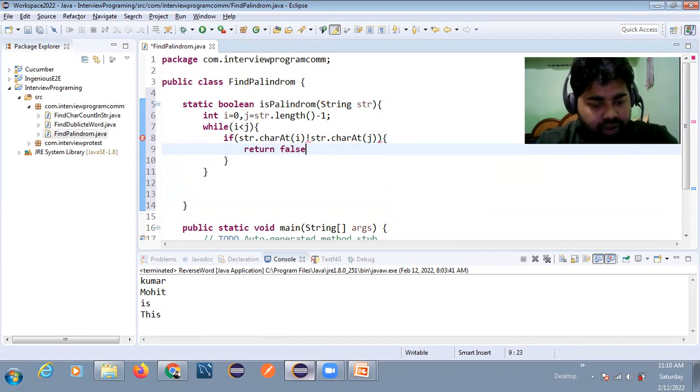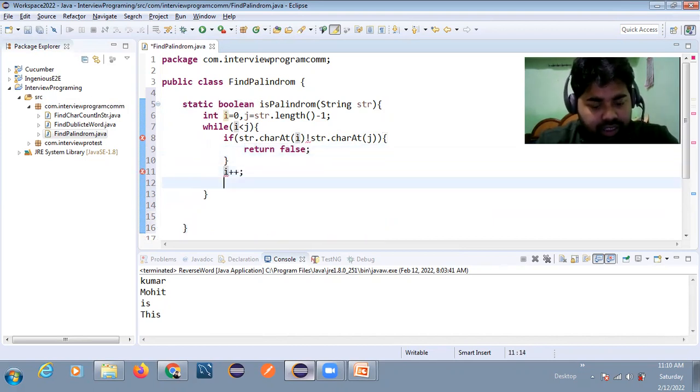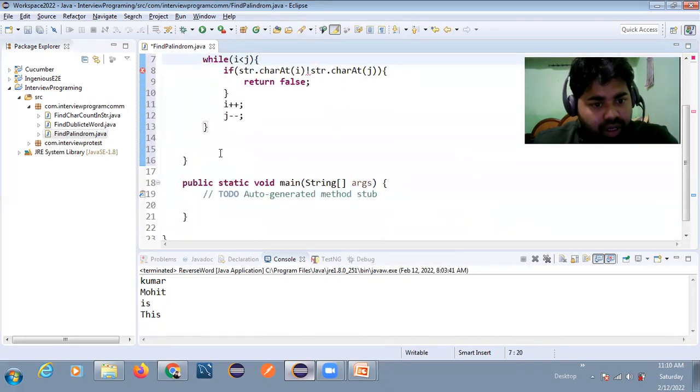Lastly, we increase i plus plus and j minus minus, and after the loop we simply return true.